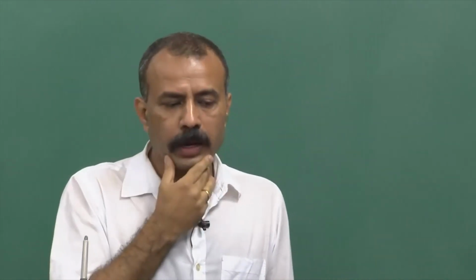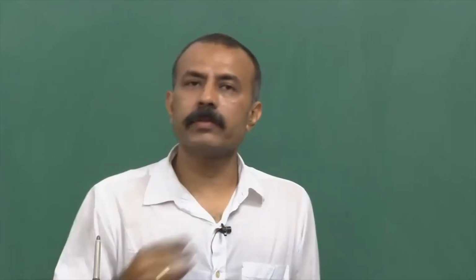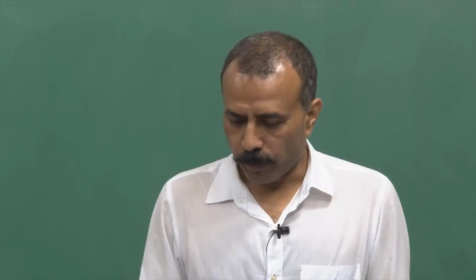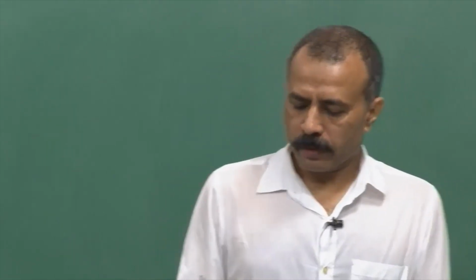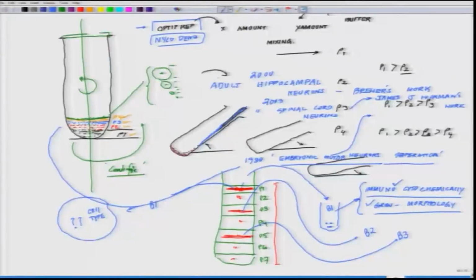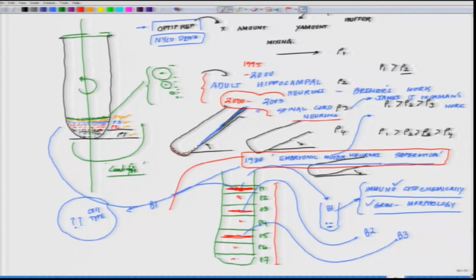So, in the last class I introduced you and we talked extensively about the density gradient centrifugation, and if we go back to the class you will realize that I told you that most of this work was achieved on adult hippocampal neurons around 1995 to 2000, then between 2000 and 2003 much of these technologies were translated for spinal cord neurons. I told you around the 1980s embryonic motor neuron separation followed density gradient centrifugation. So,